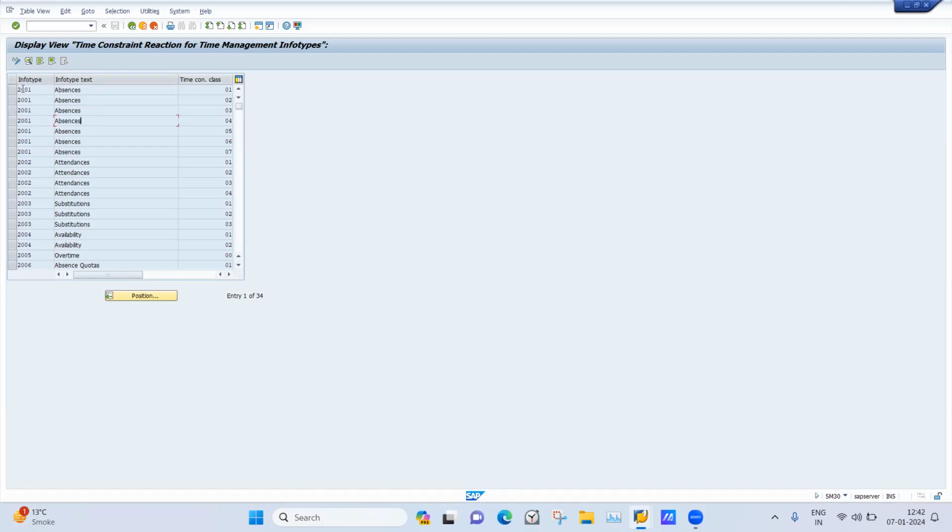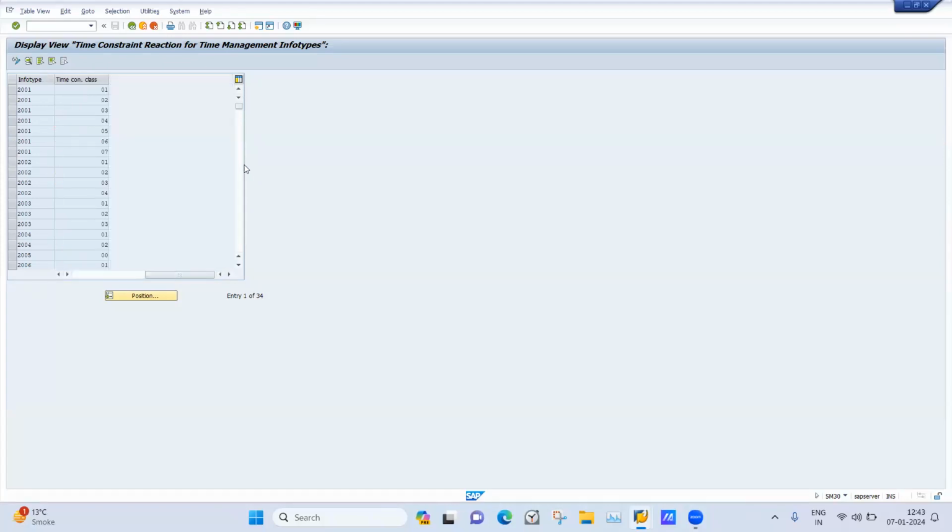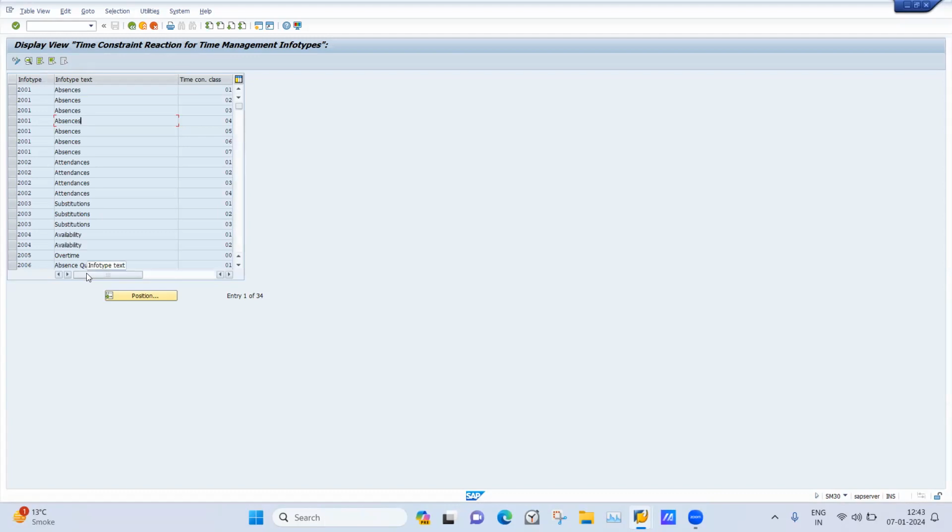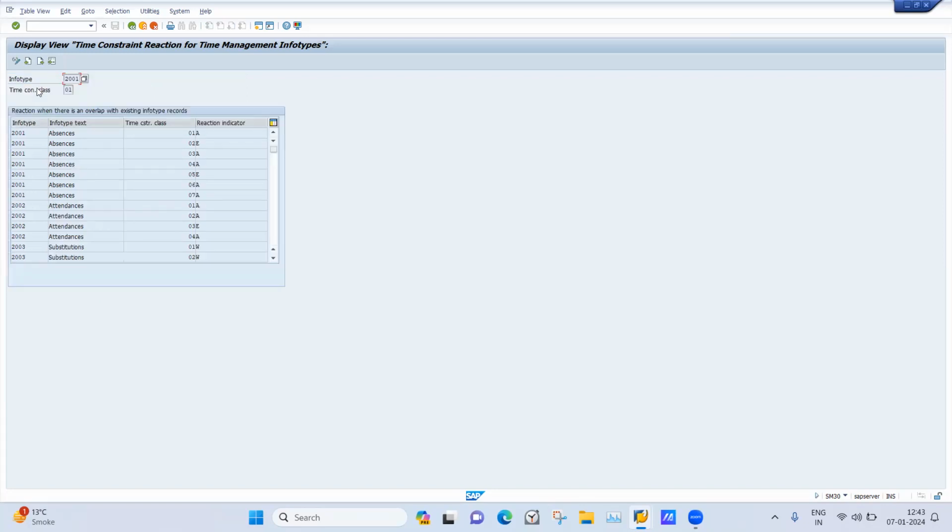For 2001, there are 1, 2, 3. Let me reduce this size. So whether we want to use the info type text sensitive time constraint class 1, 2, 3, 4. These are allocated to absences, some are allocated to attendances. So when we open this 2001,